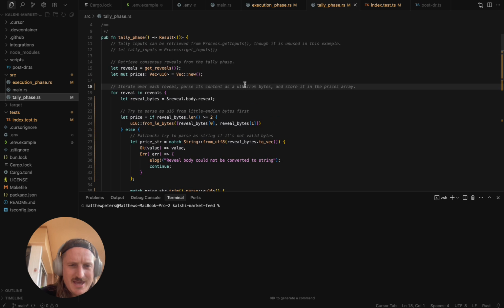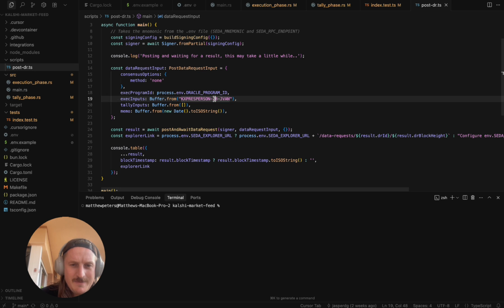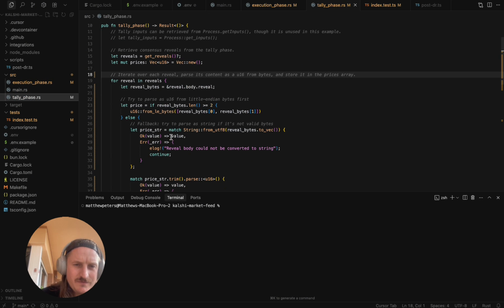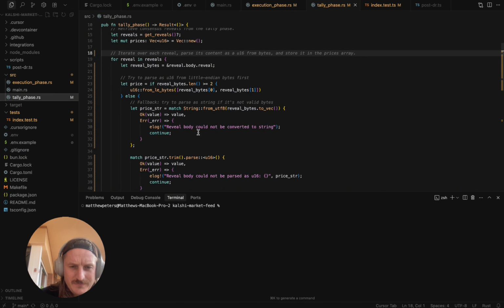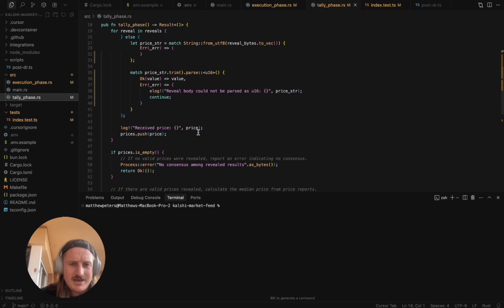But anyway, let's take a look at just how easy it is. You would take this Oracle program from the GitHub if you just wanted to test. And if you wanted to change for a different market, you would just input your market ticker in here. And then if you wanted to add different computation, you could definitely just tamper with the tally phase here to make sure that whatever computation you want can be applied. But let's have a look at how this data comes through to SEDA by simply doing, I'm just going to do a run post dr,